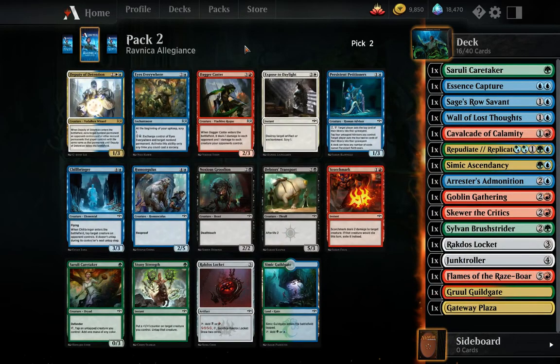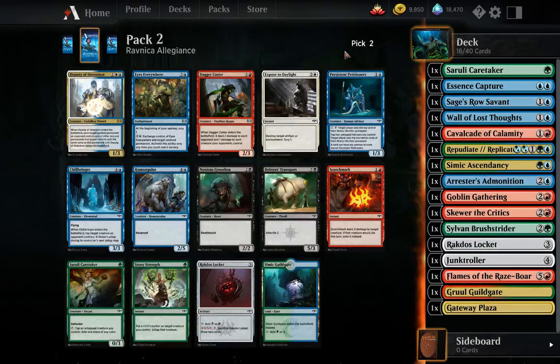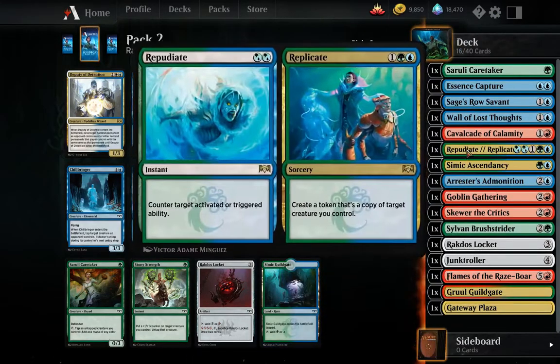Hey there, we're trying to do something silly in this draft, Blazing Blade. That's kind of what's going on in this one. We've picked up Simic Ascendancy and want to see if we can do something funny. Better than Skewer, maybe not, but...